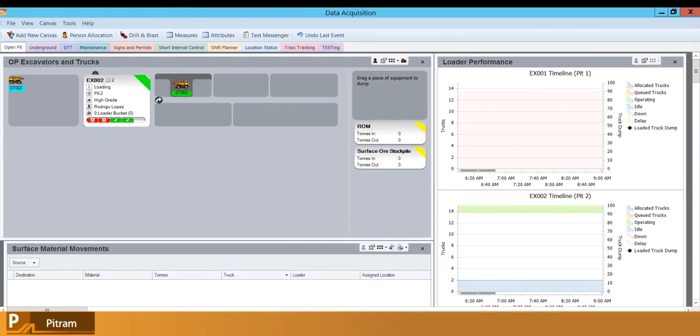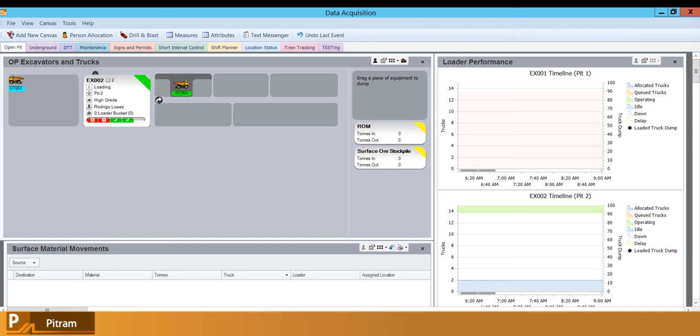Hi guys, just following on from our data acquisition introduction, I'd like to follow up with the idea of a state. So the two main things that we capture in Pitram against either pieces of equipment or locations are states and measures. Now we'll cover measures a little bit later on, but for the time being I just want to